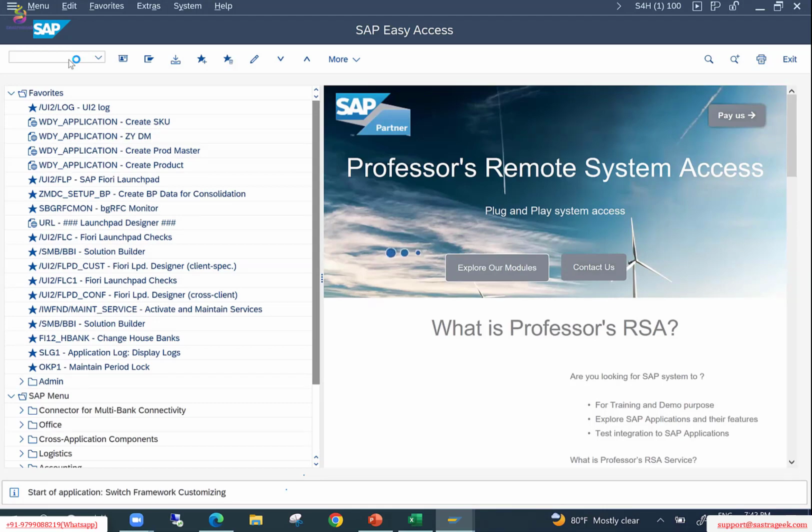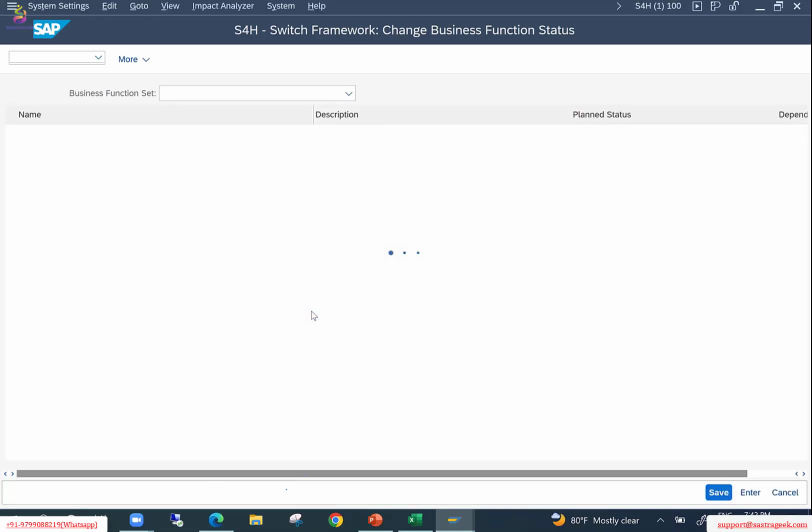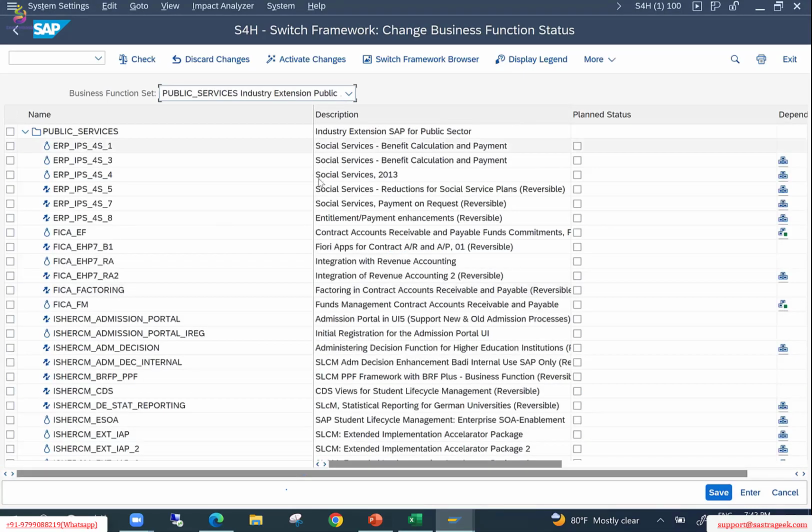Usually Basis will install or activate those components using this SFW5 t-code. In the same way, MDG is also another add-on component. So once you get into this transaction code, you will find something called business functions. There are specific business functions available for MDG. You can check whether those MDG business functions are active or not in this system. So let's say, for example, I'll say, should